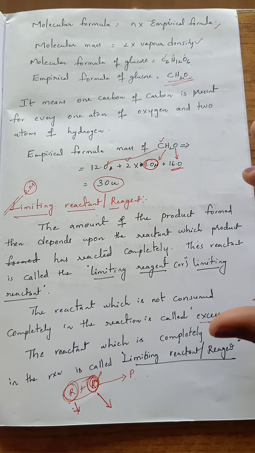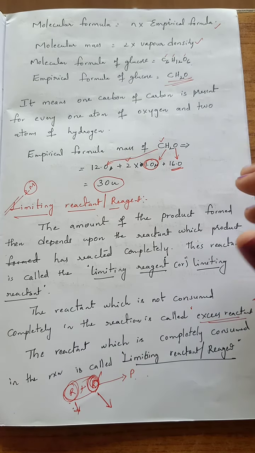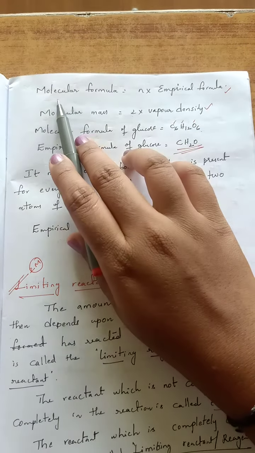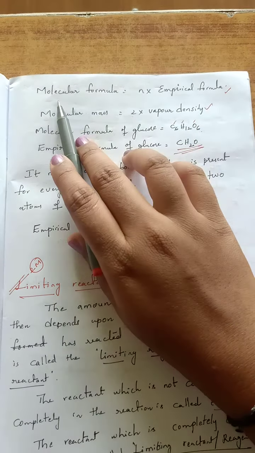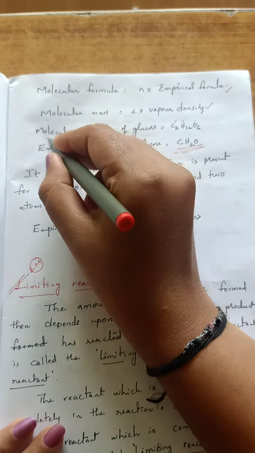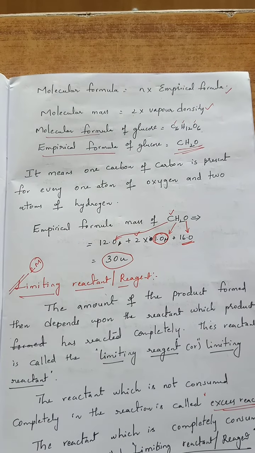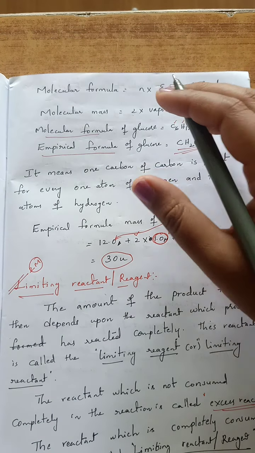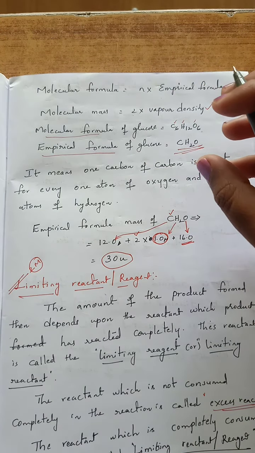So that is what I have explained in this video. Limiting reagent is very important for 2 marks, and the formulas I have given, and the expressions we have to use to find out molecular formula, molecular mass, and empirical formula mass of different compounds, are very important for solving problems and numericals related to molecular formula and empirical formula. So just remember these formulas. If you remember these formulas, then it will be very useful while solving problems and finding empirical formula for different types of organic compounds.